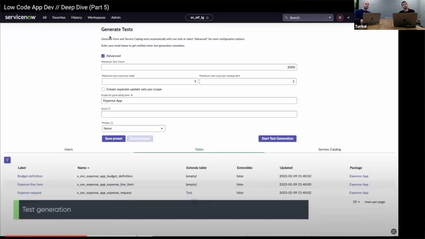So the way that test generation works and the way that COEs and application developers can use this is before they release their first version, or really at any time during the application development process, they can come in here, choose the appropriate scope, the users, which tables they want to baseline and catalog items, and generate a bunch of ATF tests, which will, as I said, kind of baseline their application, so that when they release this version and release further